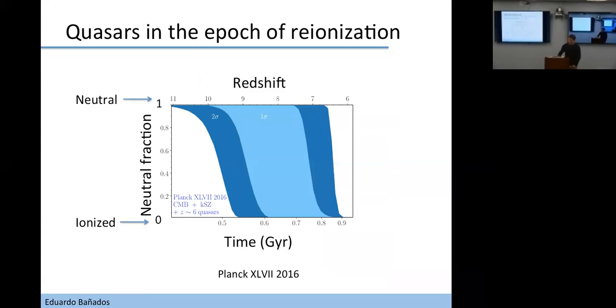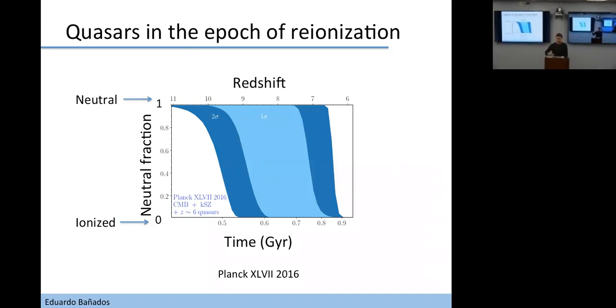And I told you that quasars have been very fundamental in putting constraints on the end stages of reionization, and that's because we see this completely absorbed flux blueward of Lyman alpha. That's the Gunn-Peterson trough. But to absorb that flux blueward of Lyman alpha, you actually need only a tiny fraction of neutral hydrogen, like 10 to the minus 4 neutral hydrogen fraction, and then you can basically absorb everything blueward of Lyman alpha. And that's why till now, quasars have only been able to probe the end stages of reionization,